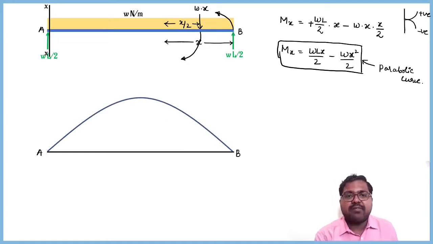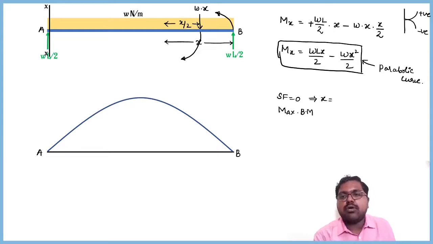And here we are having peak bending moment. This peak bending moment will occur at the point where shear force is equal to 0. So for maximum bending moment, we need to take shear force equal to 0, the point where x equals L by 2. So maximum bending moment Mmax equals, in place of x I am writing L by 2, that is W L into L by 2